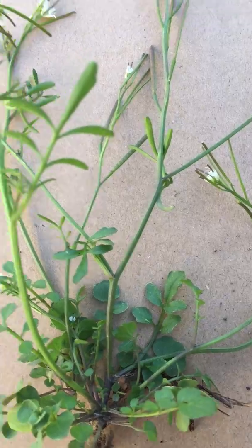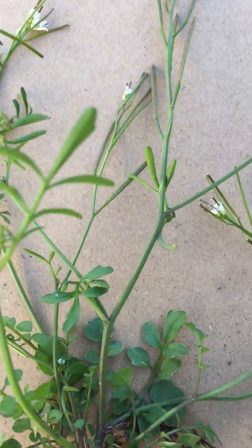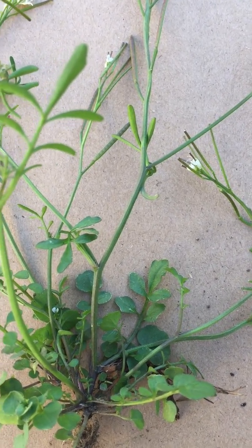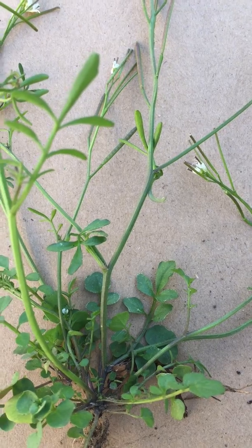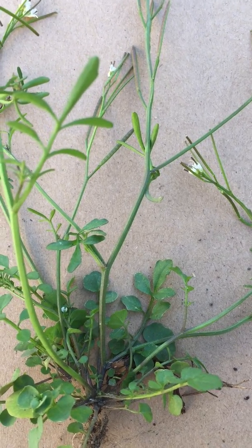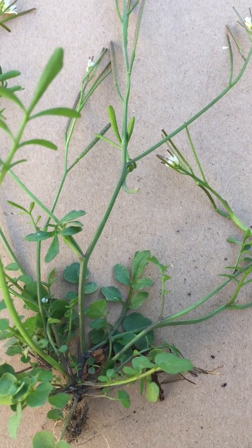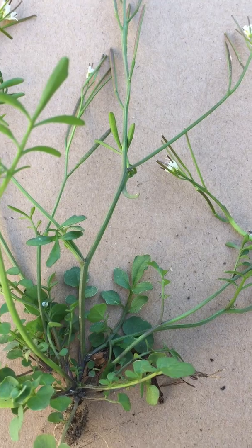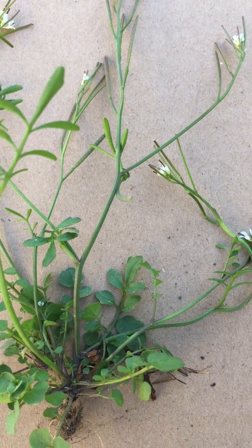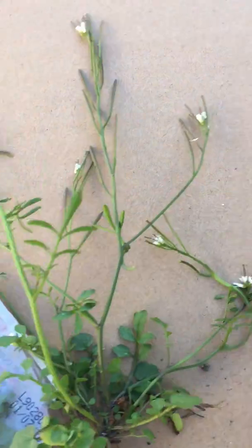Another character you'll also see is that the stem here is glabrous. It really doesn't have any hairs on. Now, Linnaeus, when he named it, said it's hirsuta, which means hairy, compared perhaps to some of the other glabrous bittercress or Cardamine species, rather than meaning that its most common close relative, flexuosa, the hairy bittercress. It's not to be confused with the hairy bittercress, just because its name is hirsuta. So this is Cardamine hirsuta,